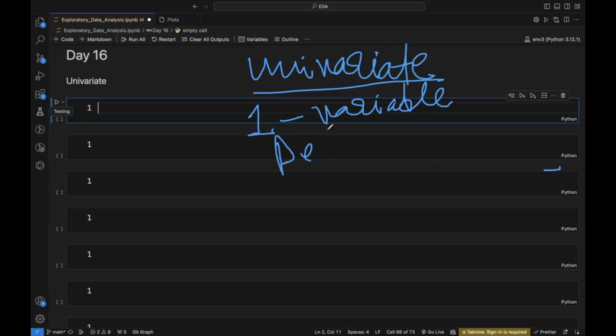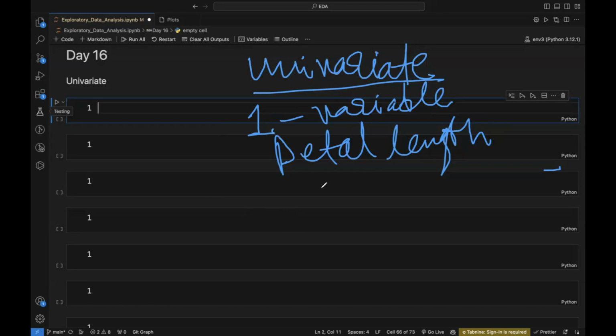Here in this case, I'm taking petal length as my variable. So if I'm looking only at petal length and I have plotted, let's say, histogram, box plots, violin plots, etc., such an analysis where I'm taking one variable at a time and analyzing it